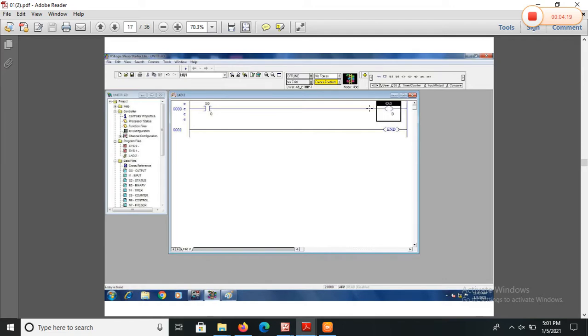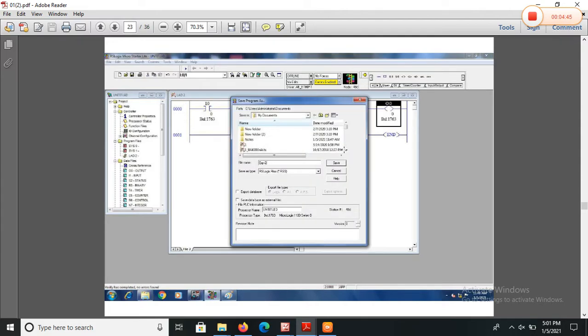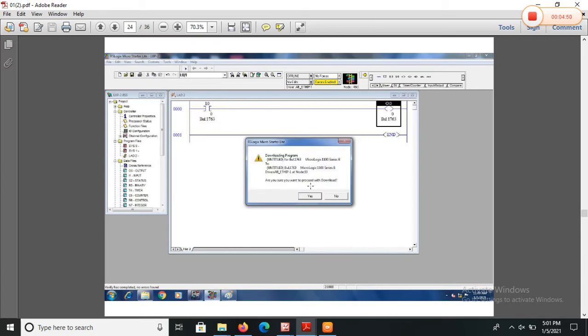Now click on Verify File, then Verify Project. Then go to System Communication, where by default it shows the IP address given to the PLC, then click on Save, then save the file as experiment 2, then Download.